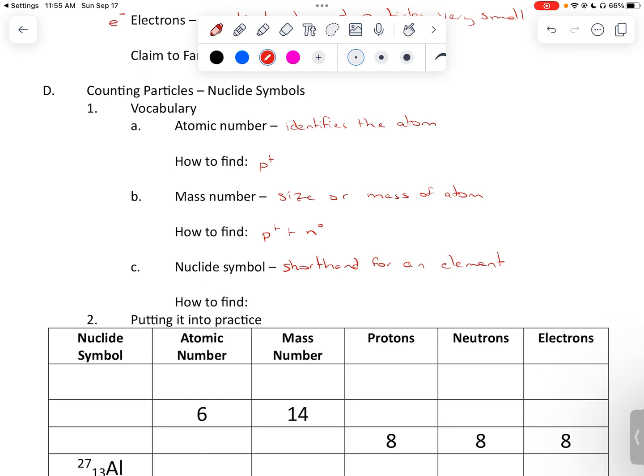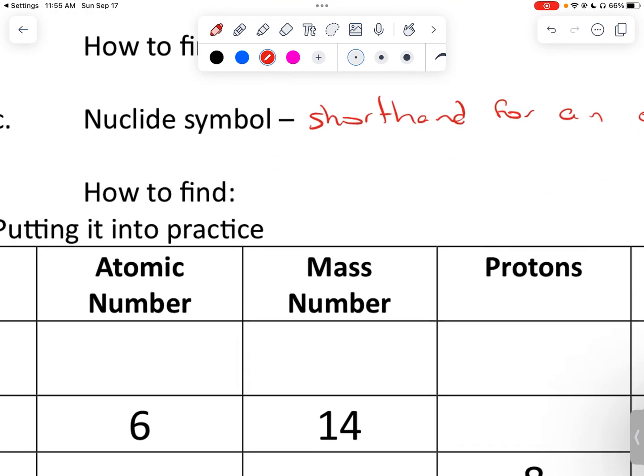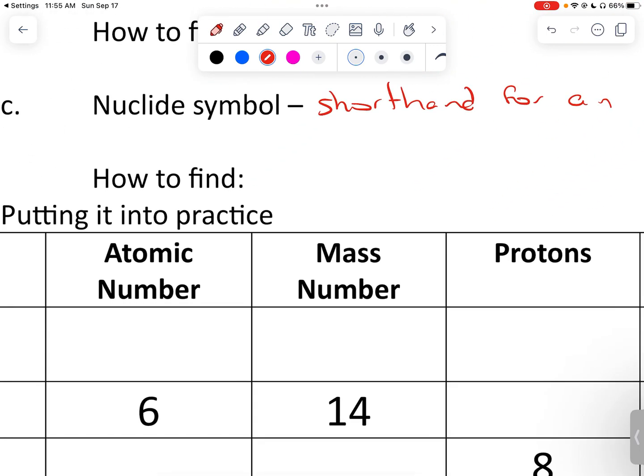Okay, this next part I'm going to blow up a little bigger here. All right, how we find that is we take the mass number, starting with the wrong thing there. We take the mass number on top as a superscript, then we put the atomic number on bottom, then we put the element symbol,